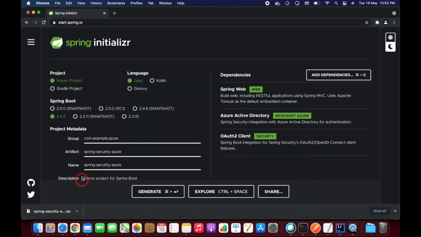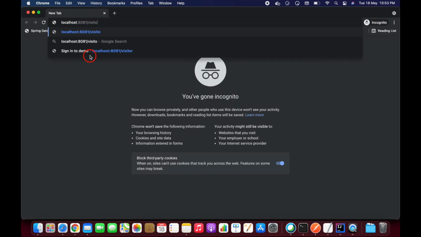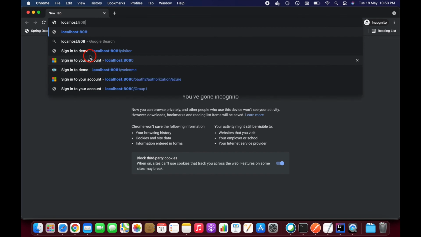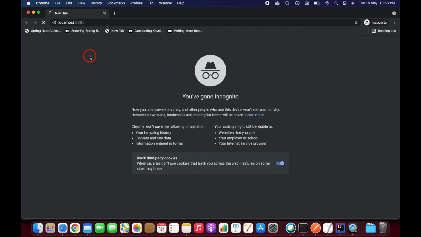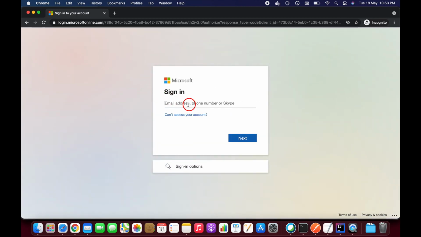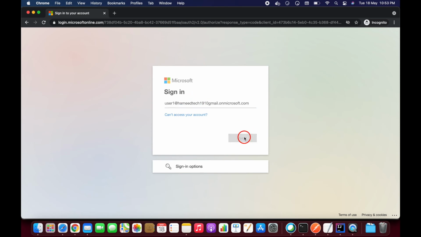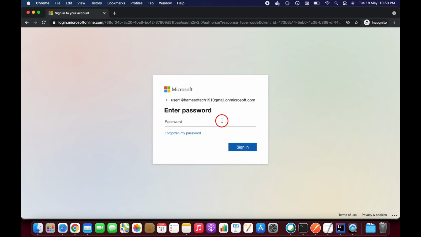Get started, guys. This is my URL. Let's click on this. It's asking for a username. This is the username that I copied from here. Click on next, and it's asking for the password, guys.